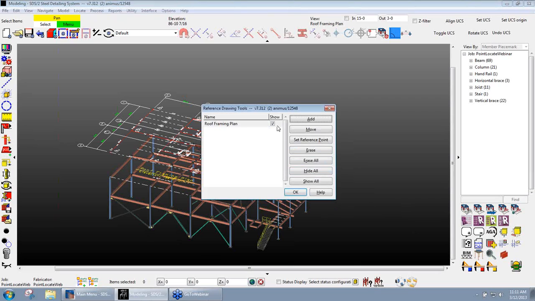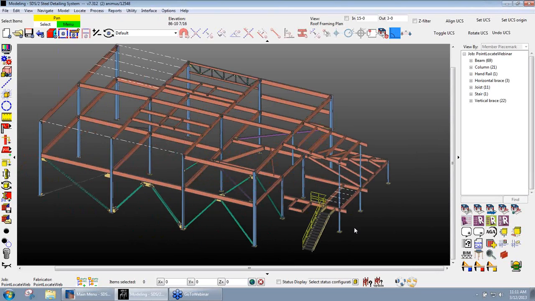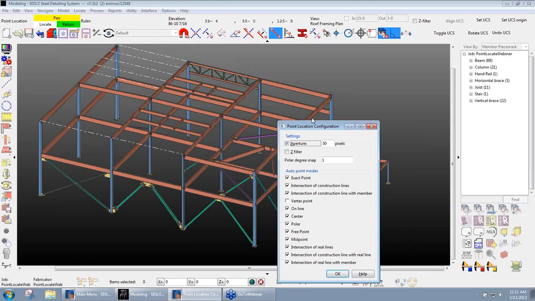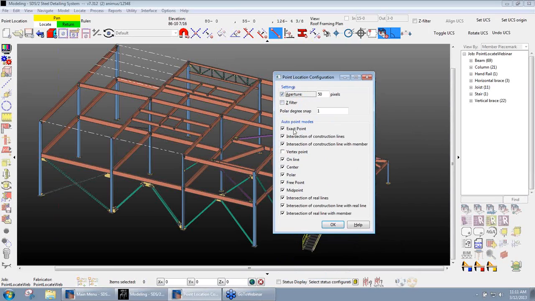So then the final thing I want to point out to everybody here is that our auto point configuration has now been renamed. It's now called a point location configuration. And one of the benefits that we've added with this is if you come in here and modify your point location configuration for your auto point, this is now actually saved. So I just did for the ruler, and if I go ahead and just turn all of these off and only leave exact point on,